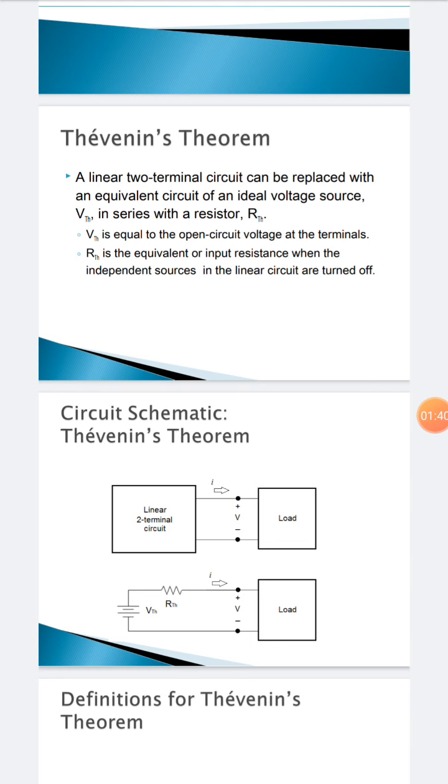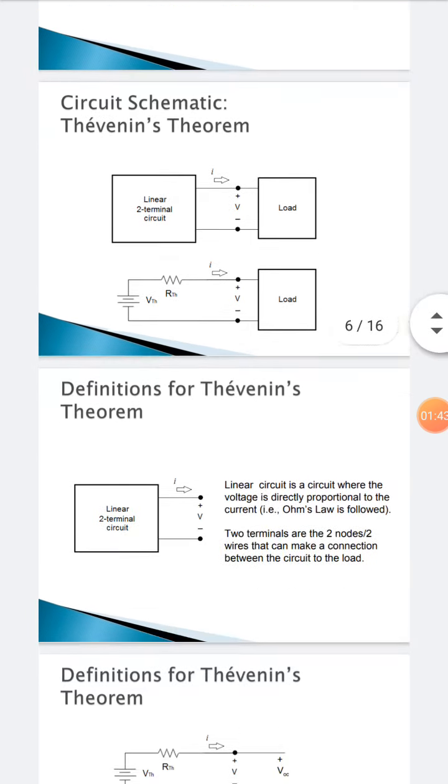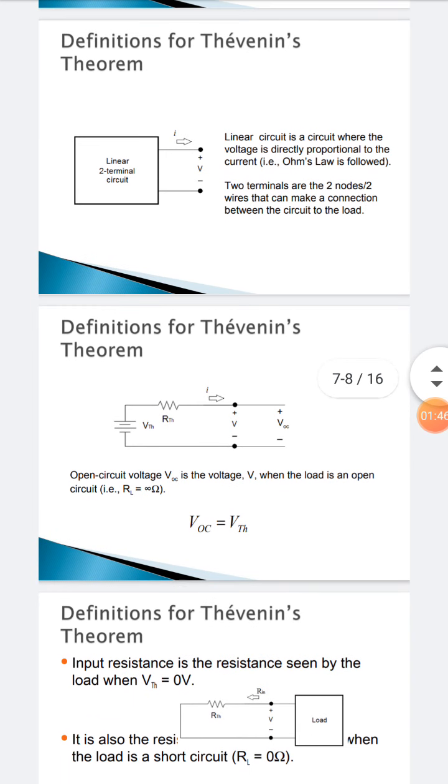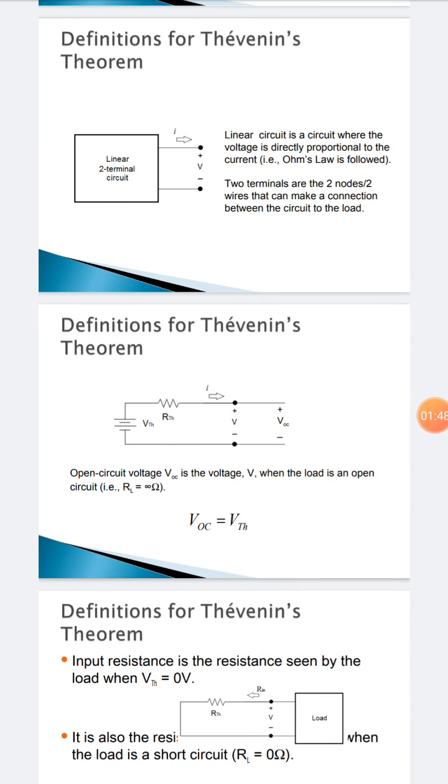The next is the definition of Thevenin theorem. In this definition, we know that the Thevenin equivalent circuit is a series circuit where the voltage is proportional to the current quantity, because this is a series circuit. Both the parameters are in series, so they are also proportional in their quantity. So we can easily apply and follow Ohm's law.